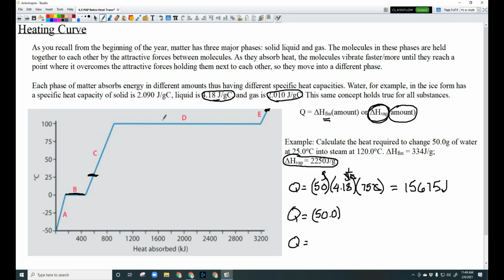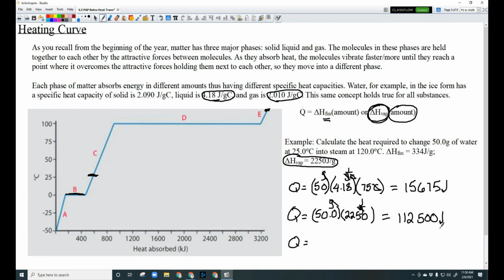So the heat of vaporization is the amount of heat required to phase change, and it's given to us here as 2250. This is grams, and this is joules per gram. So grams cancels and just leaves joules. So we need 50 times, so grab your calculators, 50 times 2250. That's 112,500